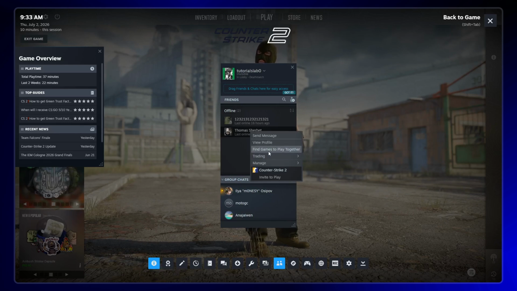And that's how you set up and use Steam Remote Play Together to enjoy local multiplayer games with your friends